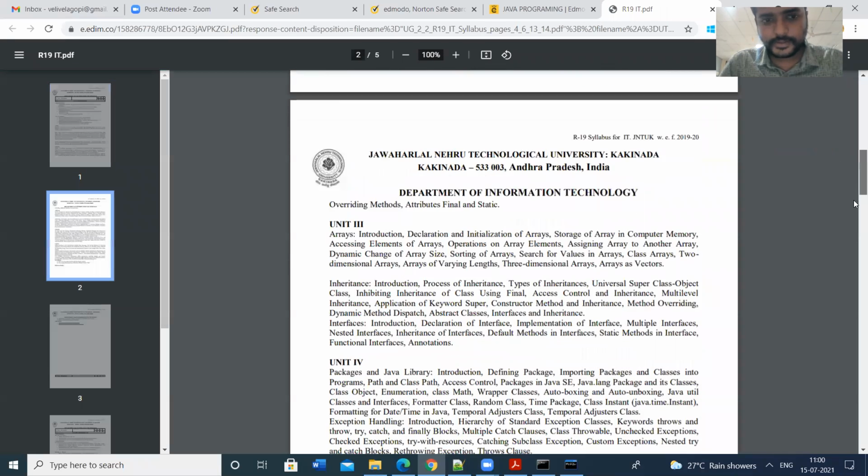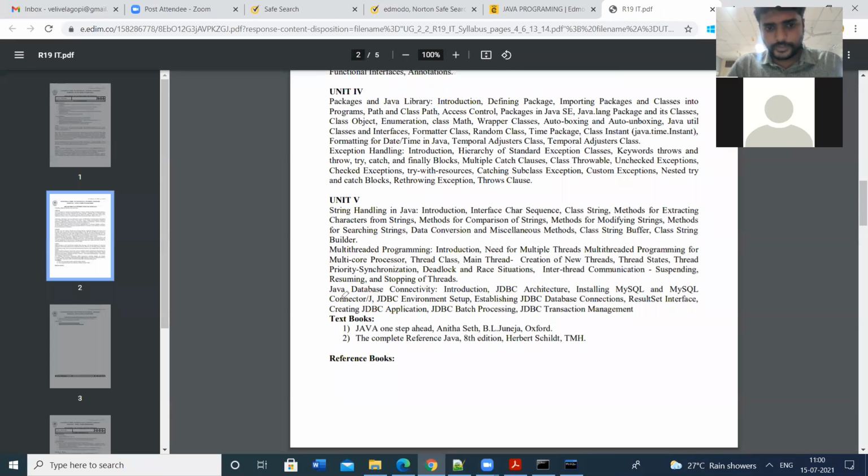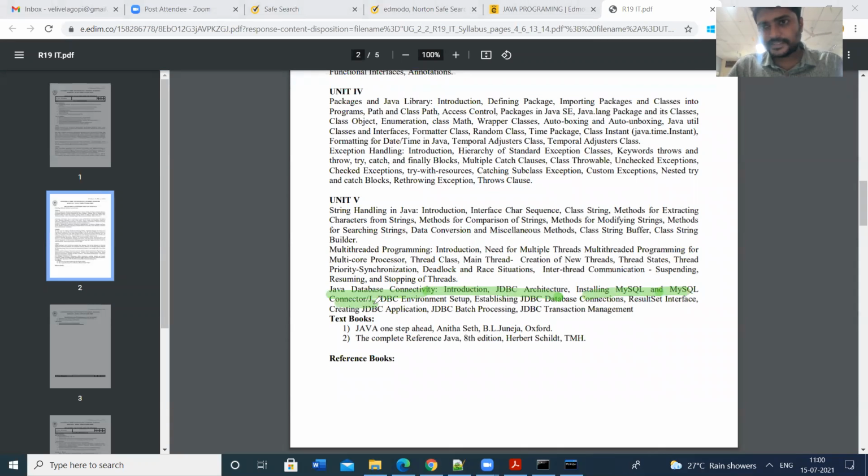So in the 5th unit, we are doing the Java database connectivity. In this, we have seen the JDBC architecture. We have seen installing the MySQL and MySQL connector/J, that is the driver. And then we have seen the JDBC environment setup, and we have seen establishing the JDBC connection.